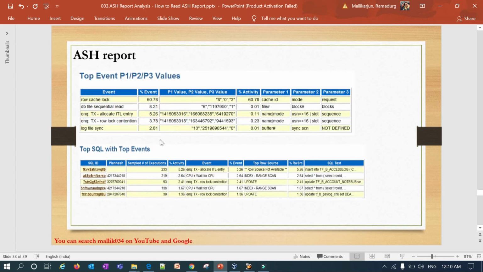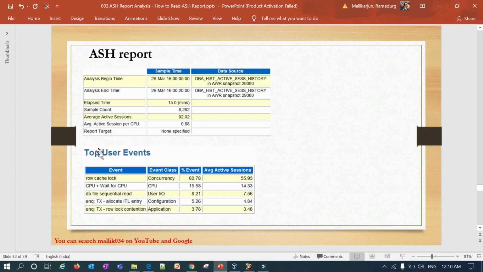Again, you can predict from the top user events, what kind of events, the top events: row cache lock, CPU or wait for CPU, DB file sequential read, and TX allocate ITL entry, or TX row lock contention. You have to predict what was happening.